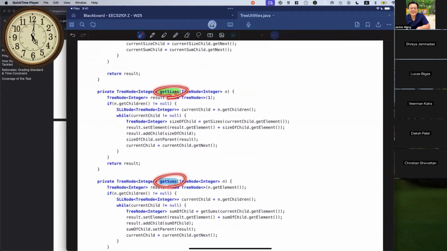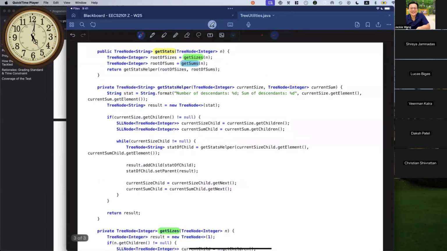These two share almost the same block of code, but basically they do some traversal over the input tree and extract information. This one extracts the number of descendants for each node, and this one here extracts the sums of the data values for each node, individually. The structure is really similar.